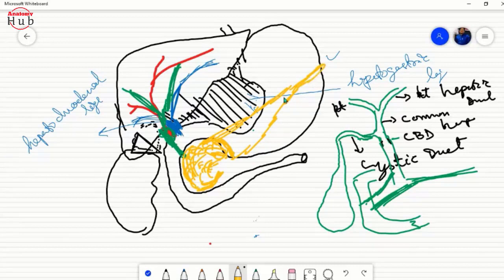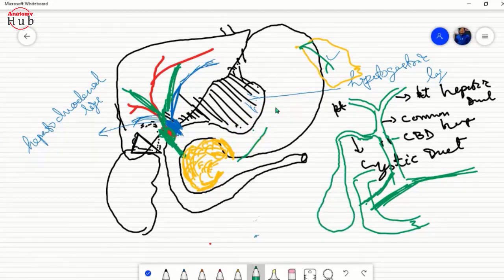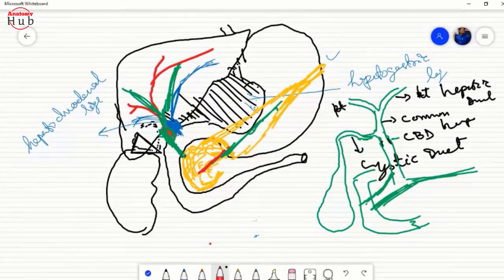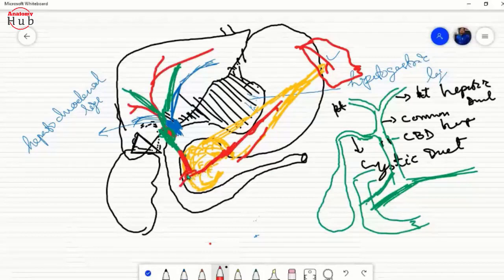It makes the tail of the pancreas, and the tail of the pancreas is going towards the, what is that? Here you will find an organ. What is that? Spleen. No, this is the spleen over here, right? So this is the position of the pancreas. And from this pancreas, what will we find? There is a duct coming. What is the duct? That is the pancreatic duct, right? So this pancreatic duct and this bile duct just unite together, and they will open into the second part of the duodenum, right? This is the thing we will find over here.